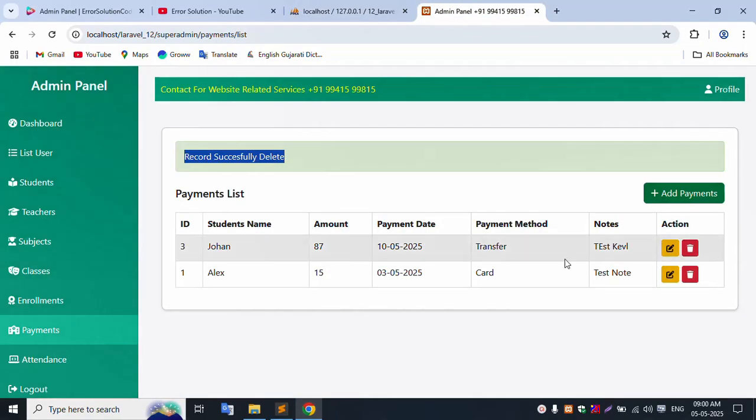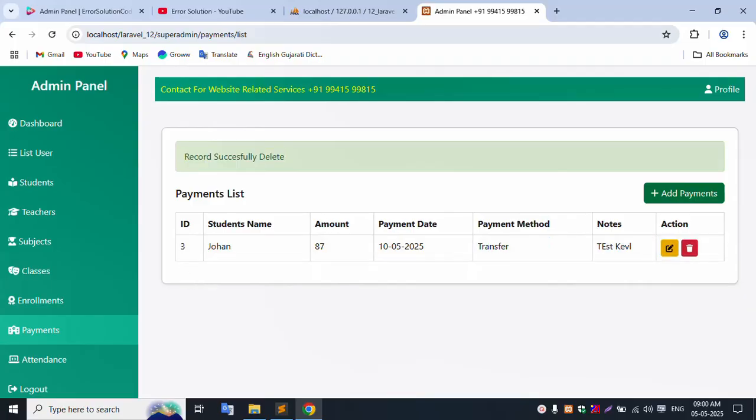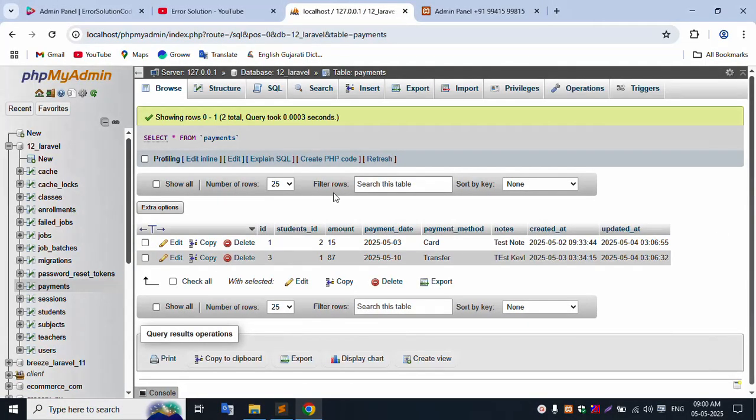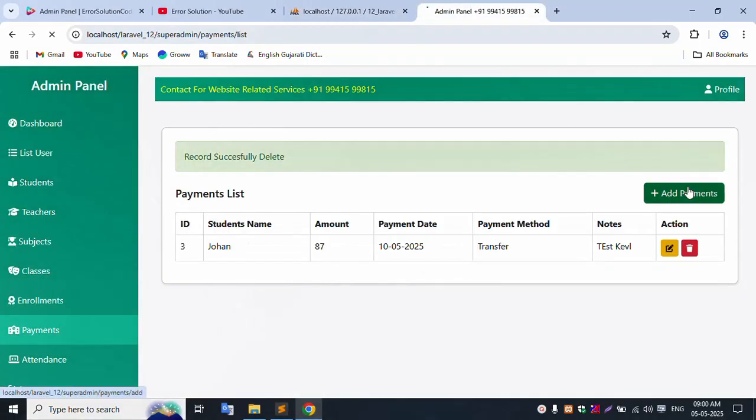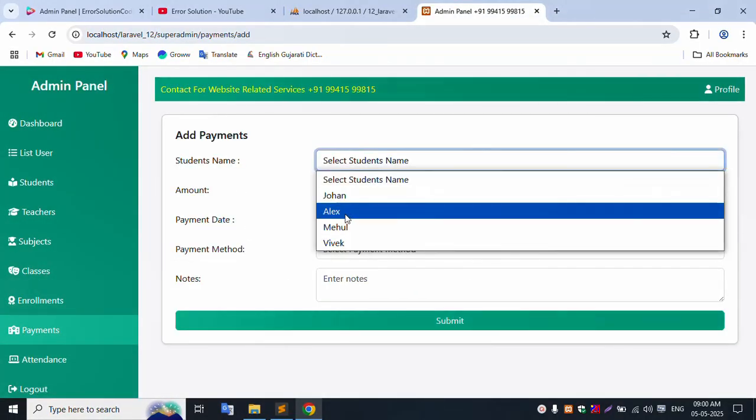Number 2 is removed. Let's remove number 1. Successfully number 1 is removed. Only number 3 is available. Let's remove this. All good. Let's create a new record,